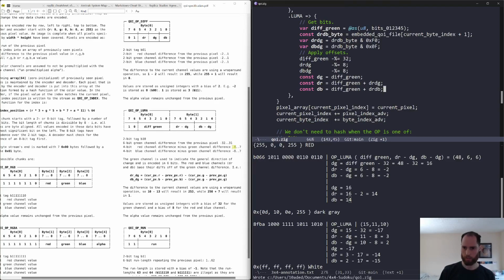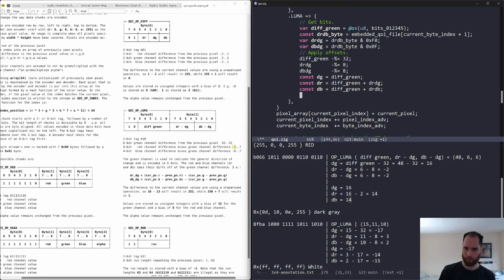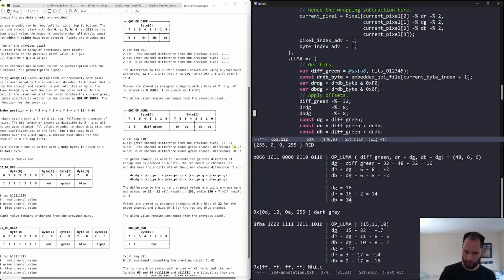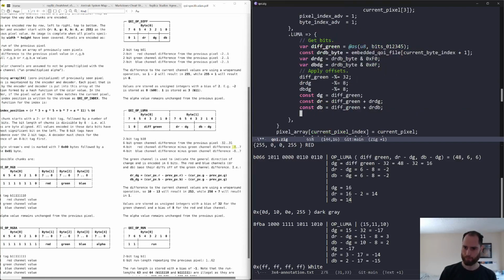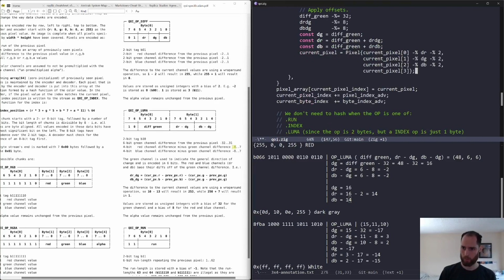Now that we've got this, we can actually work out the relative differences. I mean, we've worked out the relative differences, so now we just need to apply them in a very similar way to this. So copy pasta alert. Let's just think about this. I want to say for the current pixel 0,